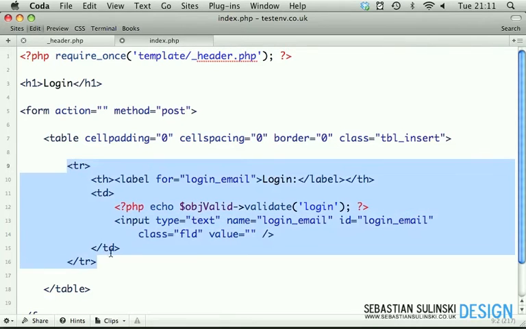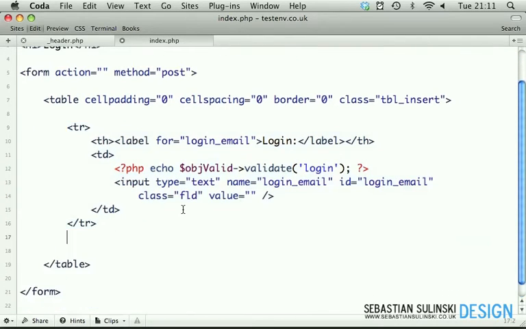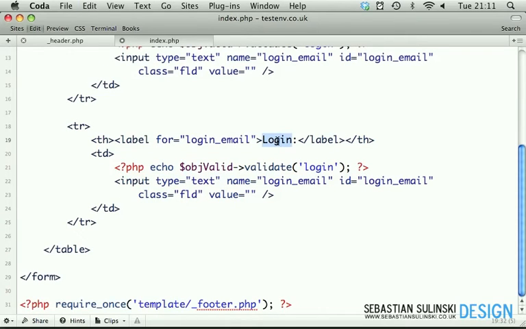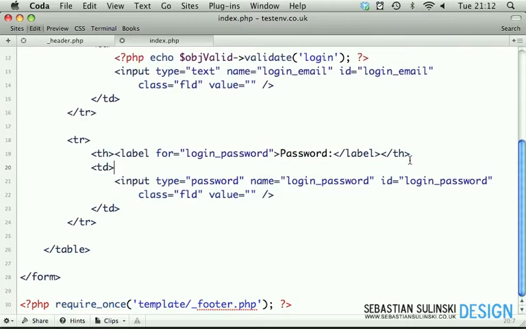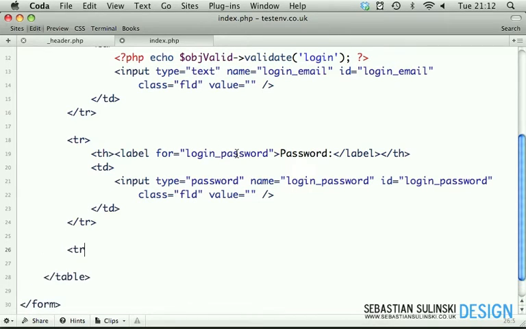Now if we copy the entire thing, scroll down a little bit, paste it underneath, then this one will be password, and it's going to be login_password, the same for name and for ID, and obviously for validate as well. And then we have password type of the input field. Actually, for password, we're not going to have validate, sorry, so we need to remove this one. And after this one, if we create another table row, tr,